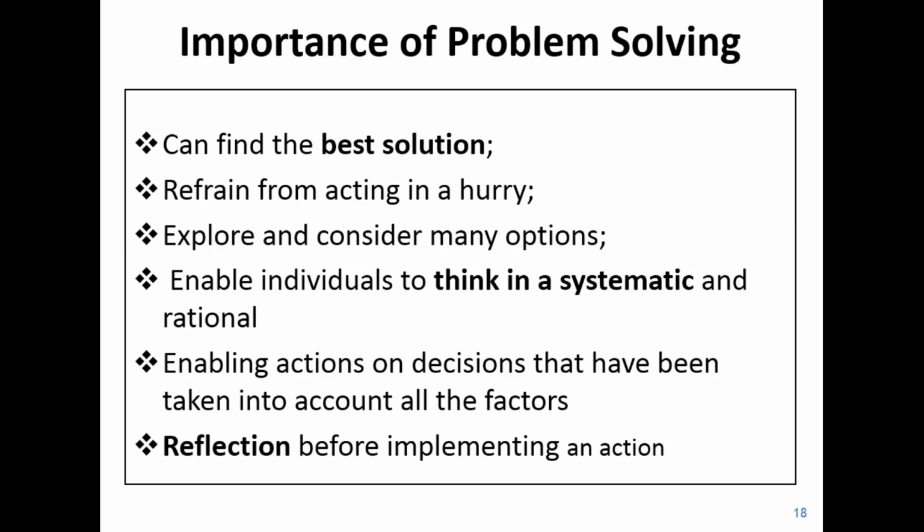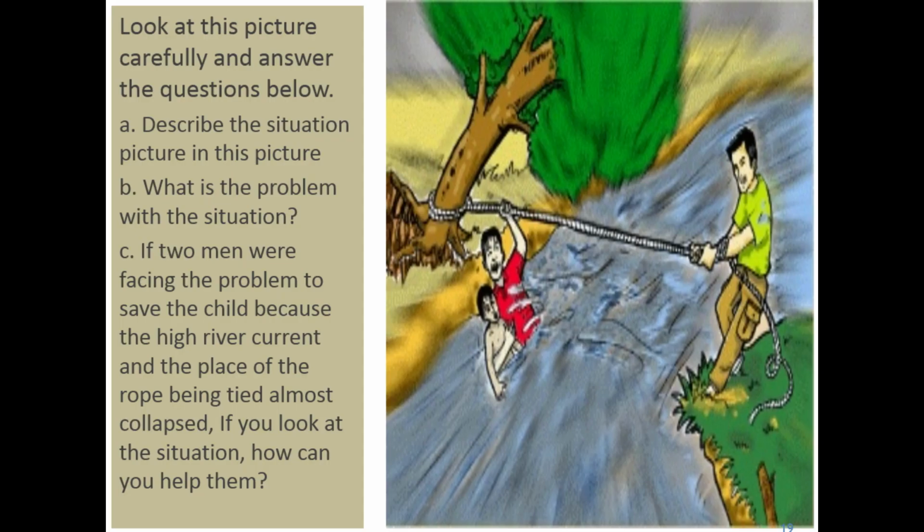Okay, we see the next slide shows that in the picture. Imagine you are the yellow t-shirt in this picture. What will you do? Number one, this is just like before. Maybe this can be a small assignment for you. Even if you will not answer it in front of me, you can try at home, maybe in your room. Describe the situation in the picture. What kind of situation? Someone in trouble in the river. What is the problem with the situation?